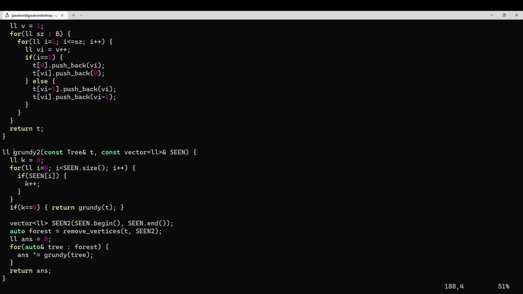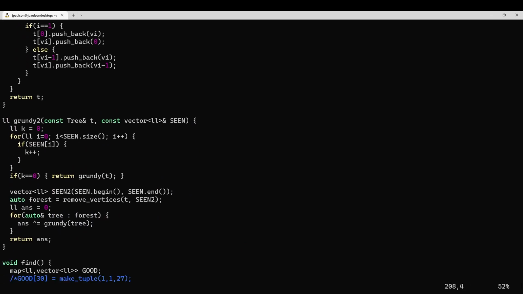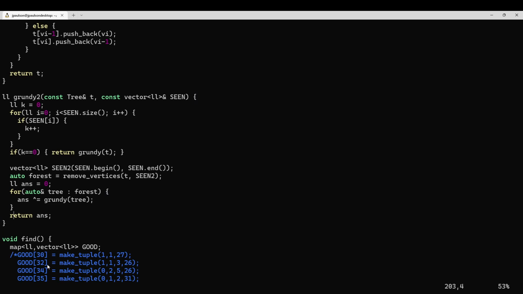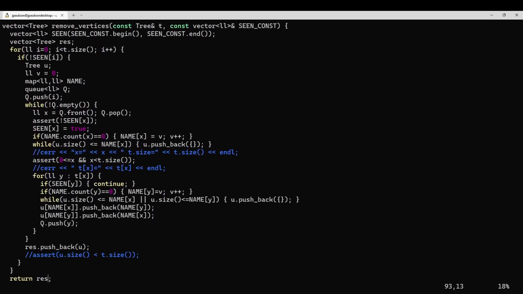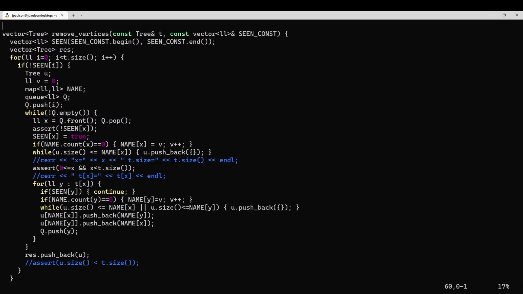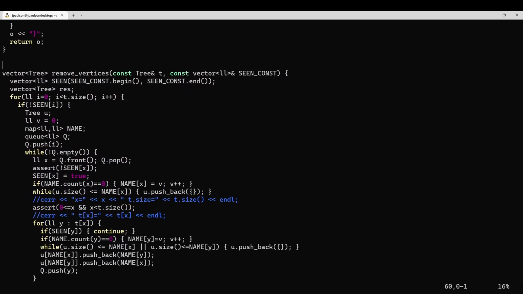I guess we can also find the number of a position. So given which vertices we've deleted, figure out what trees result after you delete those vertices, and then just XOR the numbers of all of those trees. So this is maybe the trickiest function,